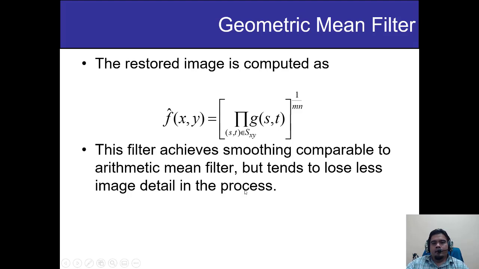Meaning the blurring effect for this one is quite low compared to the other one. That's why they call it the average filter. Another name for the arithmetic mean filter is the average filter, because when you average everything,